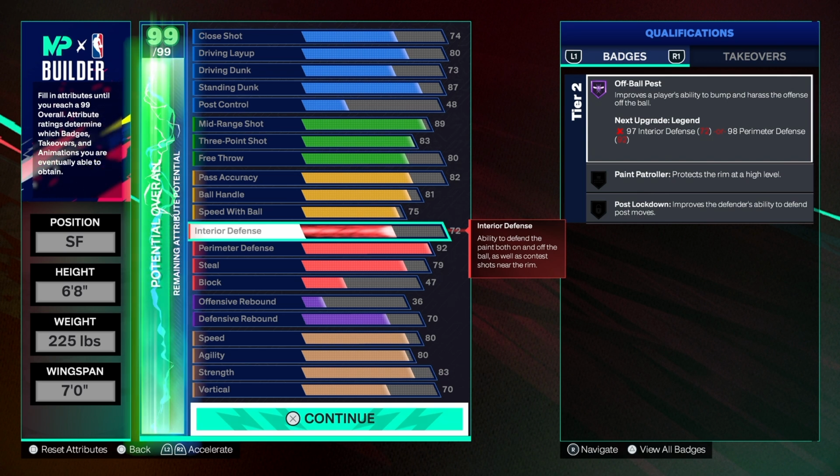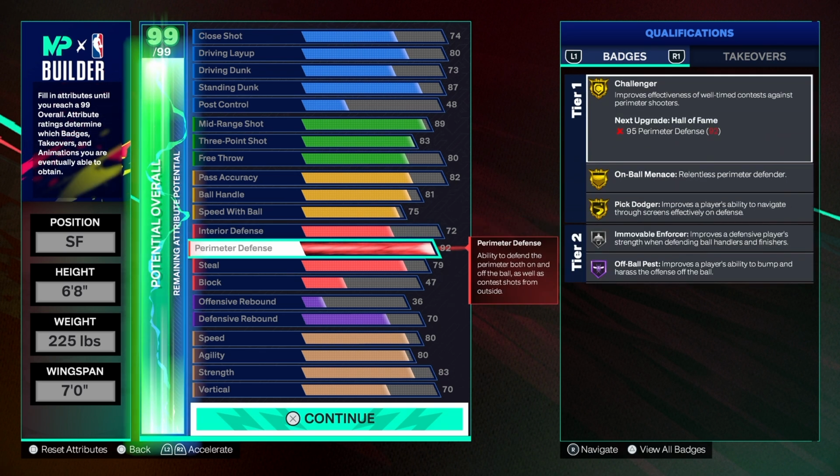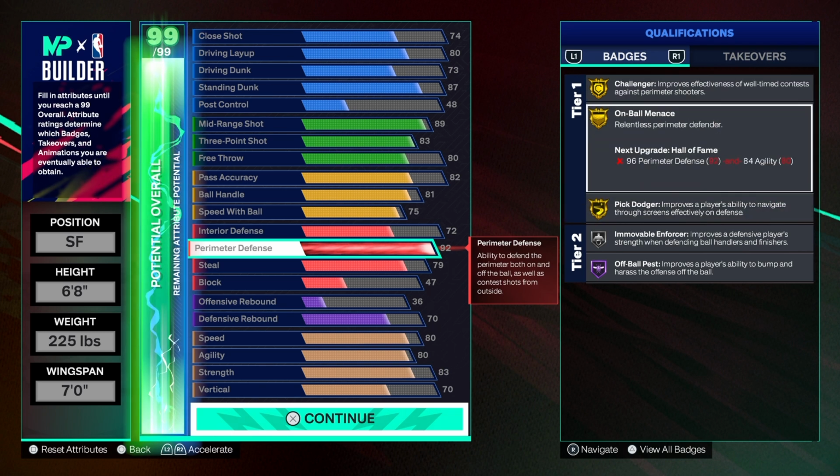Interior defense for me at a 72 rating is pretty solid. I get stops with a 41 right now. I haven't upgraded it all the way up yet, but when I do, I'll give you another update on the build. 92 on the perimeter defense. This is where the build shines, simply because it's my highest attribute. I went with a 92 on the perimeter just so I can get the gold challenger, gold on-ball menace, and